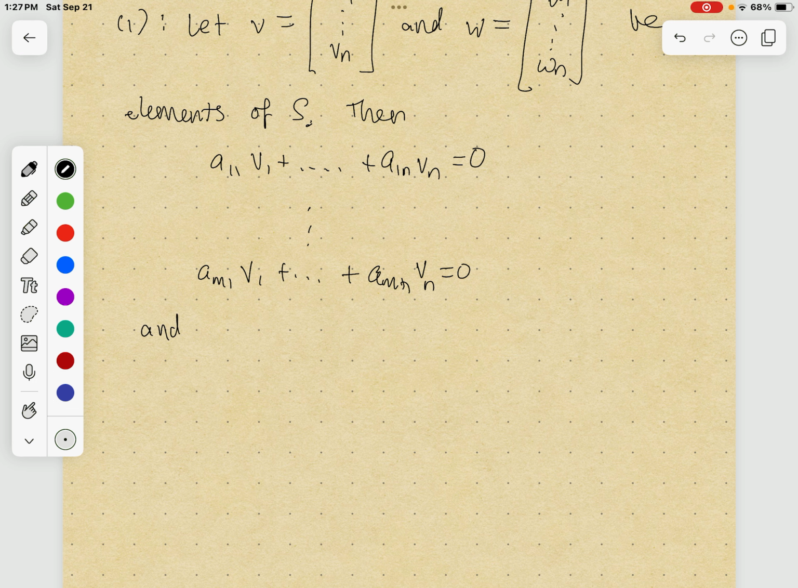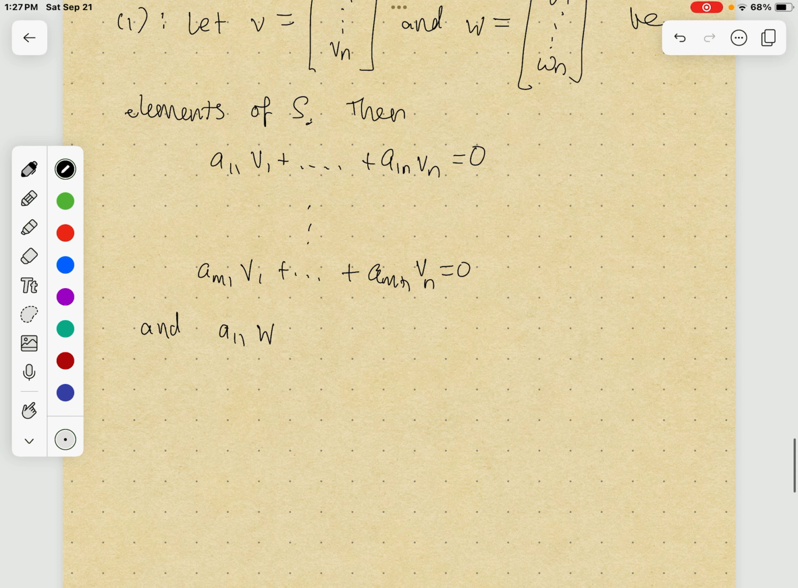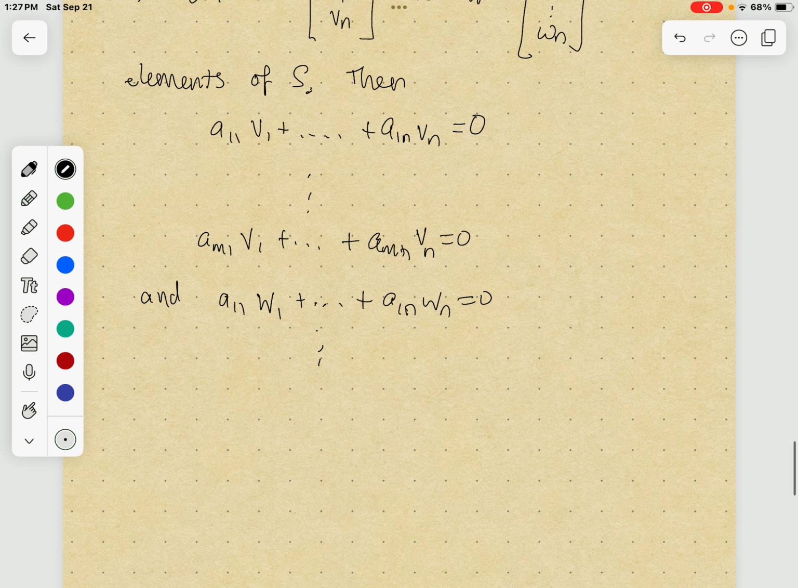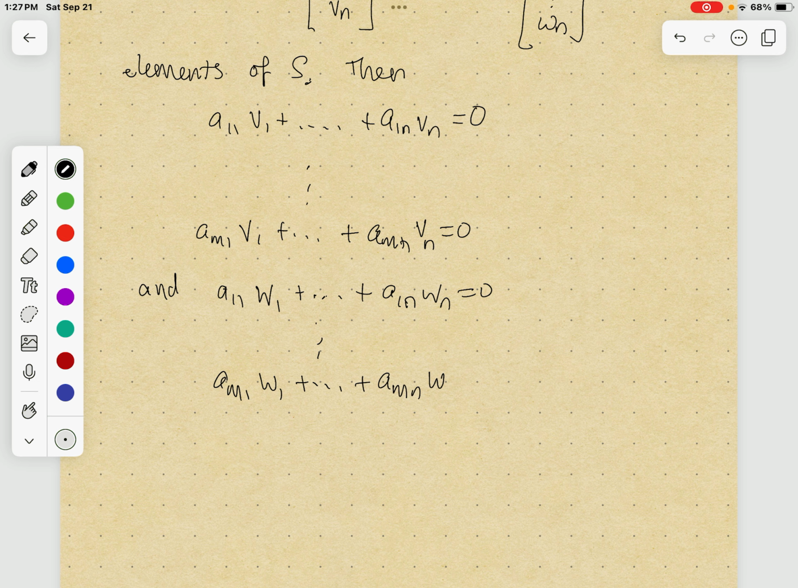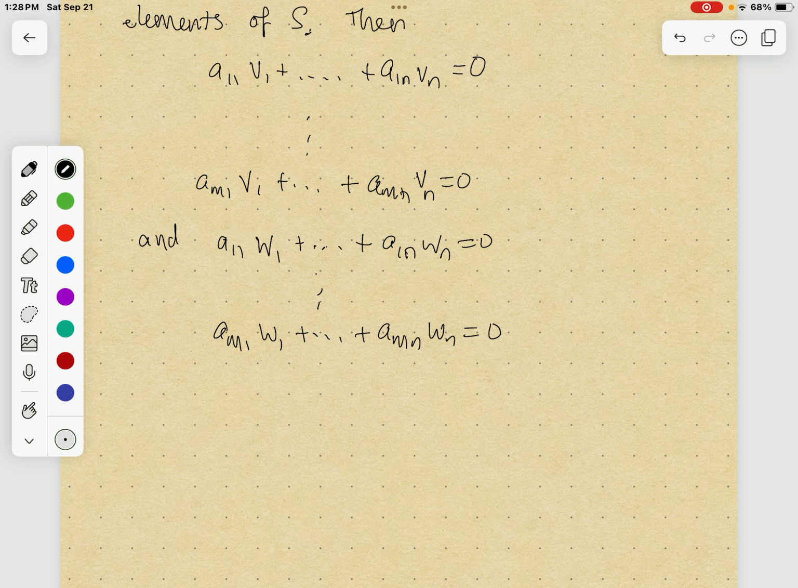And we also know that the same is true for the Ws, that a11 w1 plus dot dot dot plus a1n wn is 0, all the way to am1 w1 plus dot dot dot plus amn wn is 0. Now what we want to show is that the sum, which is v1 plus w1, v2 plus w2, all the way to vn plus wn, right? That n-tuple, that is a solution to the homogeneous system. So we know that these two systems are satisfied, and so therefore,